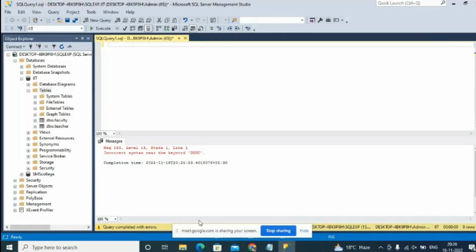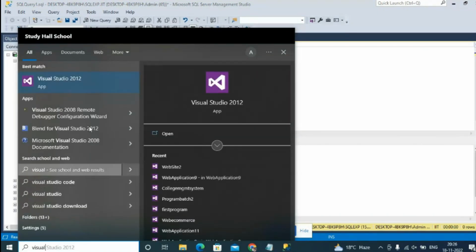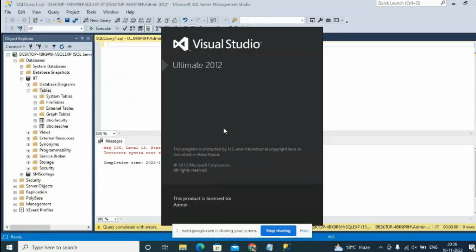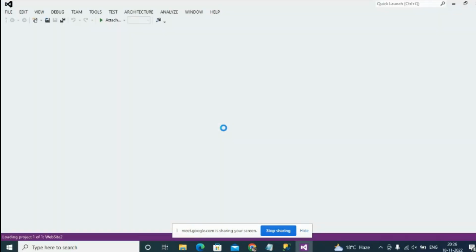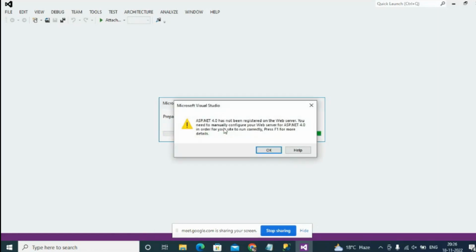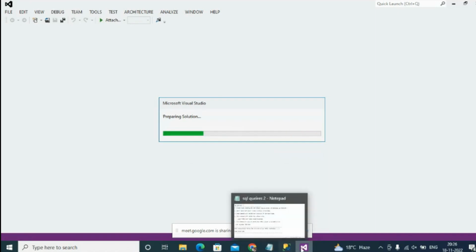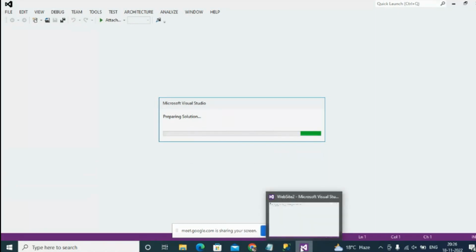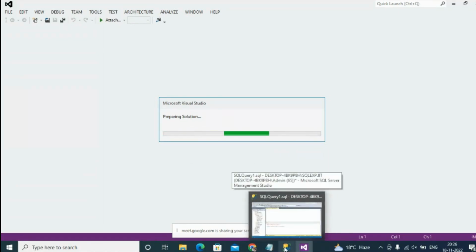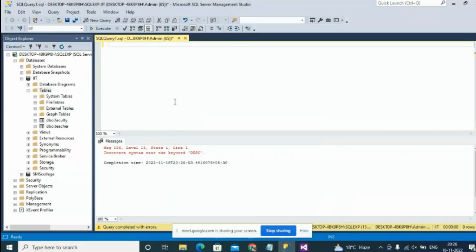So we'll go back to the application. I will open Visual Studio again. These SQL queries you need to practice regularly. I'm directly opening the website too, which we were using. There are a few select commands which you need to use. So there's a select command. And there are a lot of queries in the select command. So select command is one of the